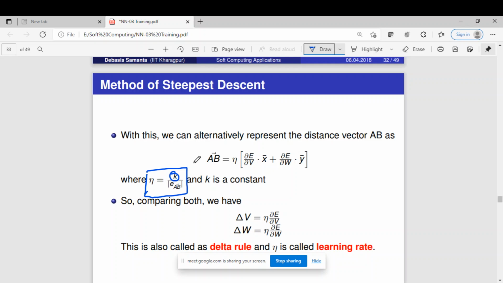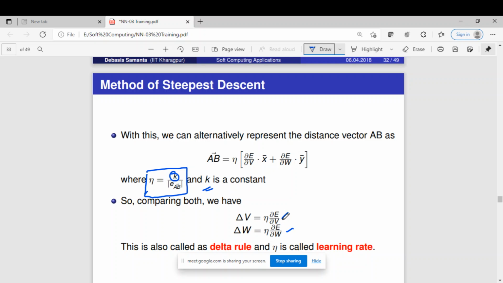Okay, we divided by EAB to convert it to a unit vector, but after that you may also multiply it with some constant k to reduce the error, so that 1 by EAB becomes k by EAB. Now we can say that del v is nothing but, taking this inside eta, eta of differentiating error with respect to v,